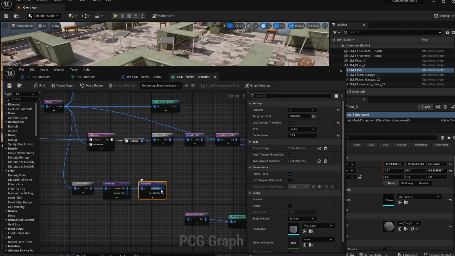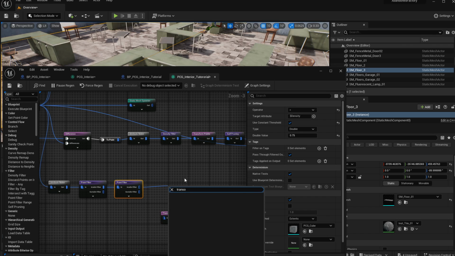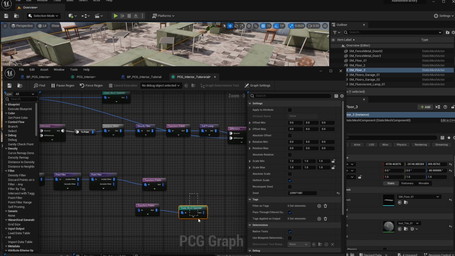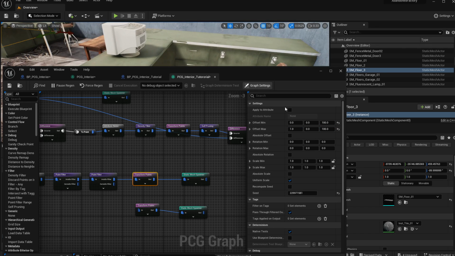And we'll use this filtering to transform the points for the monitors. Let's copy this spawner, the static mesh spawner, and let's transform now this monitor to be on the other part of the desk. So let's rotate it -90 degrees. Let's move it